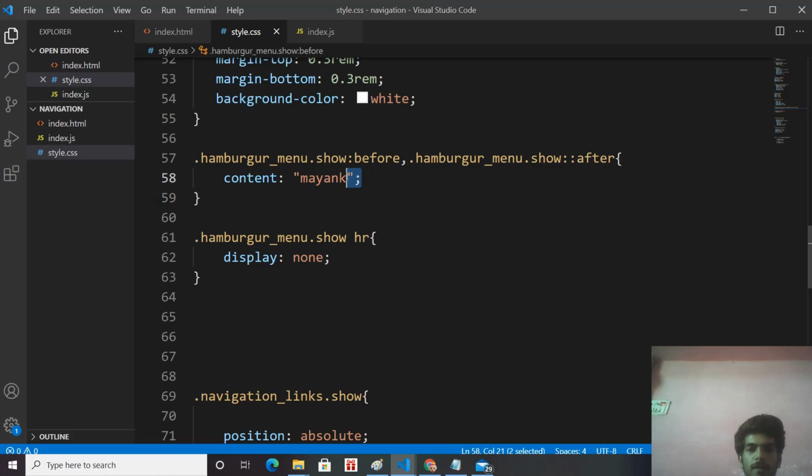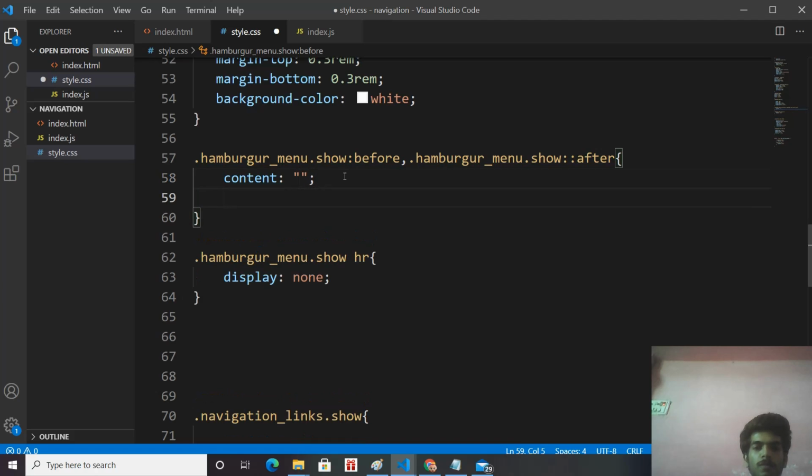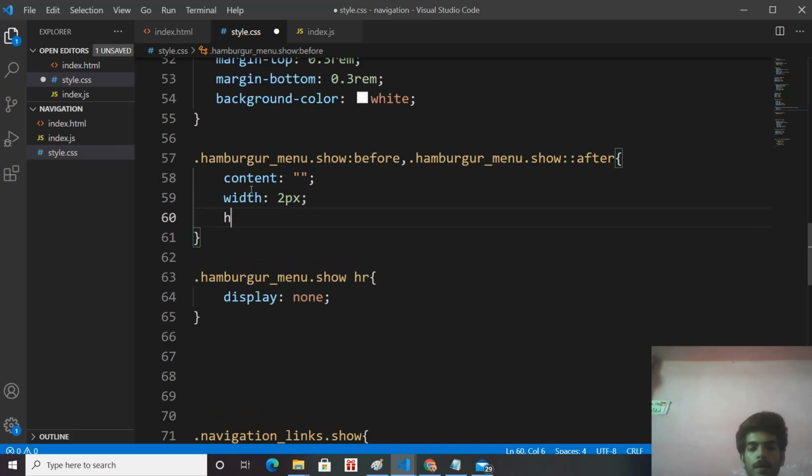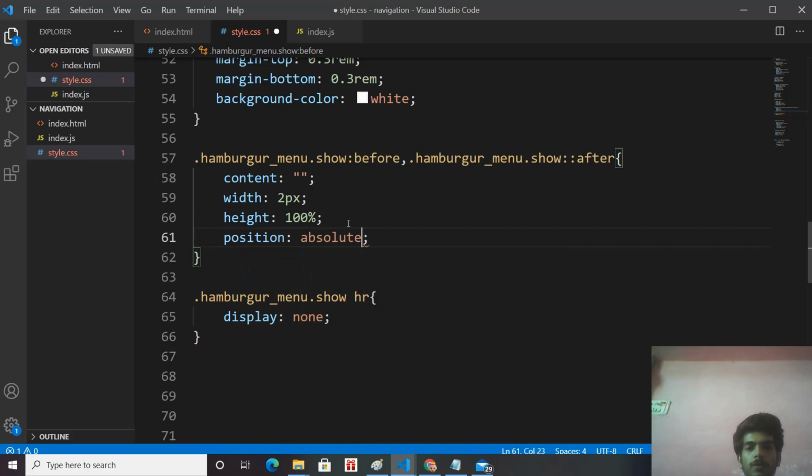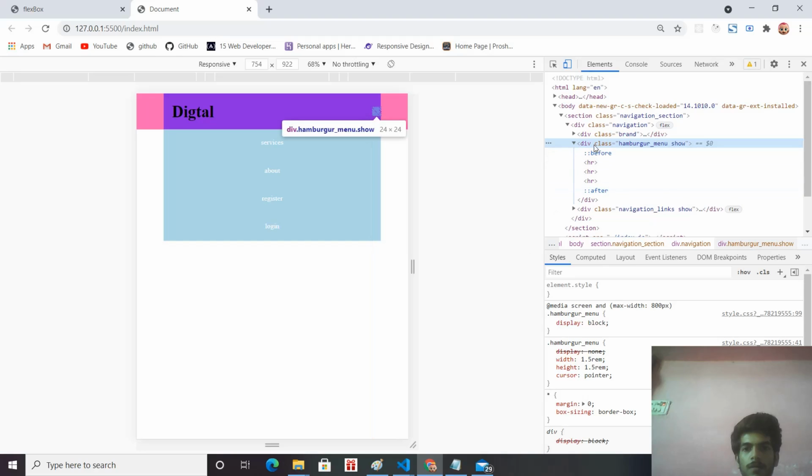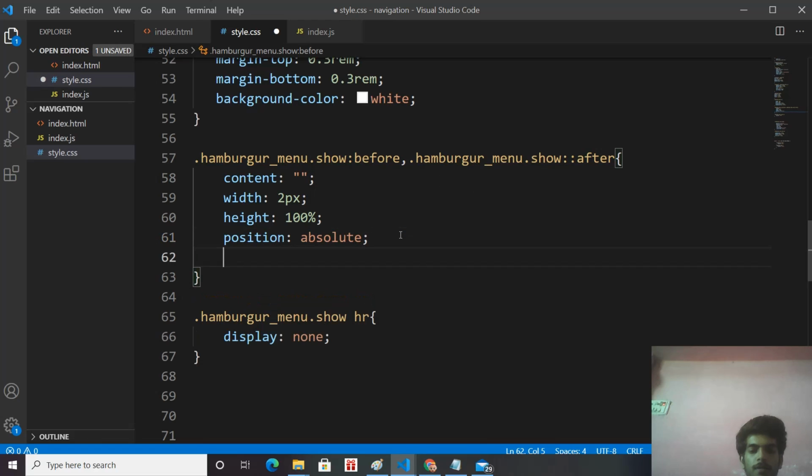But here we don't want to give any content because we are adding lines here. So let's remove the content from this content value and give width. We are not adding any content, but we are making a line of width 2 pixels and height 100%, and position absolute. Our line will always be in the container, so that's why we are giving absolute position. If I save this, and if you see, give a background color, so our line gets